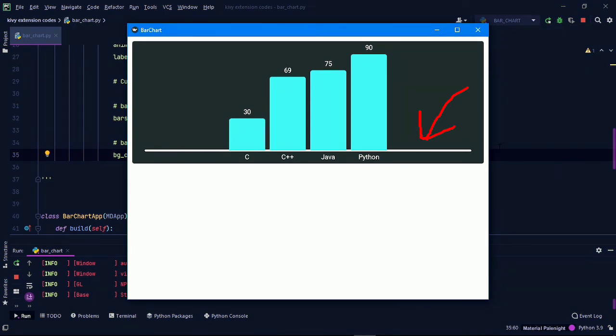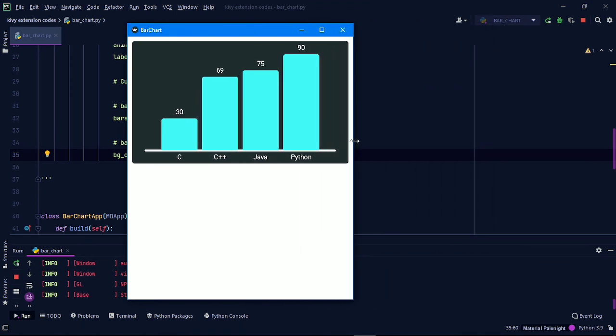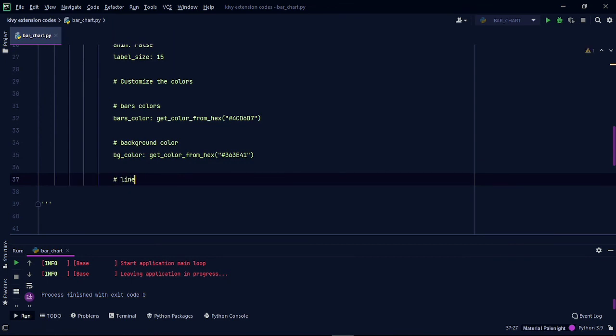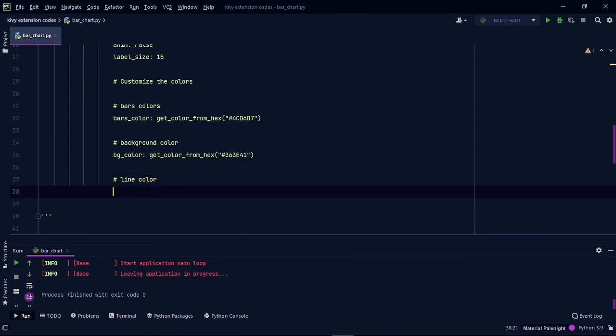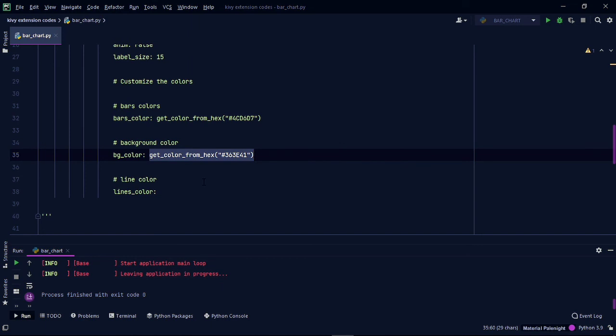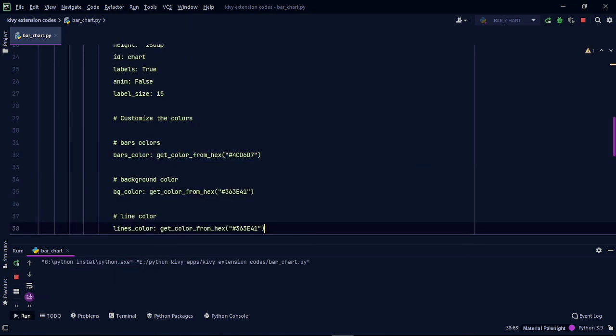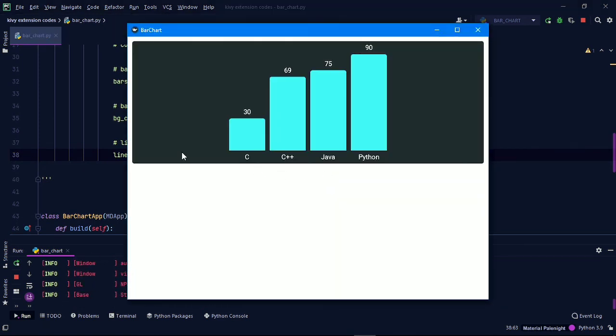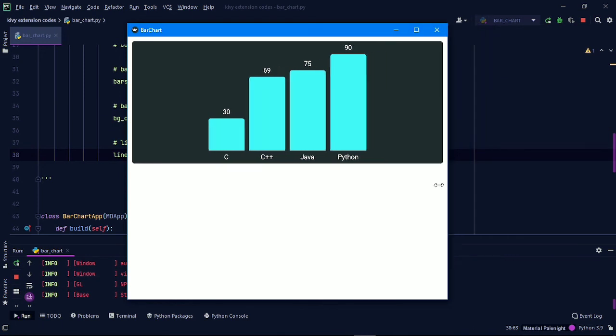If you want to hide this line from under the bars, you have to change its color same as the background color. In order to use the line color, you have to use the lines_color property. Copy the color from the background color. Now it's looking very cool.